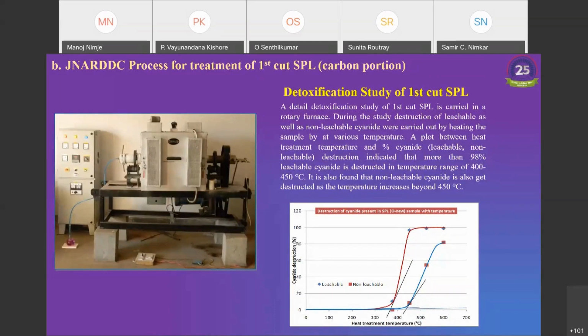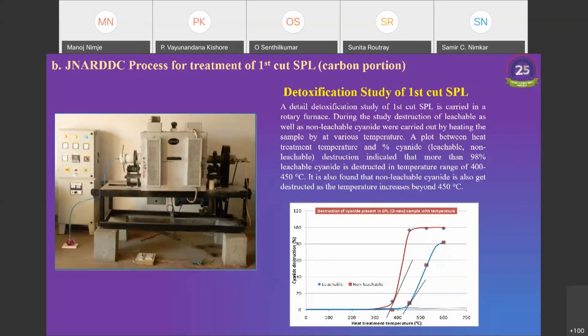And during the detoxification study of first cut SPL, a detailed detoxification study is carried out in a rotary kiln or rotary furnace. During the study, destruction of leachable as well as non-leachable cyanide was carried out by heating the sample at various temperatures. A plot between the heat treatment temperature and percentage cyanide, that is leachable and non-leachable,